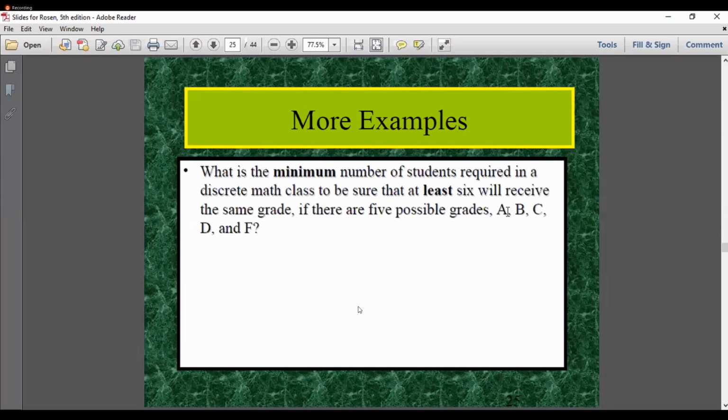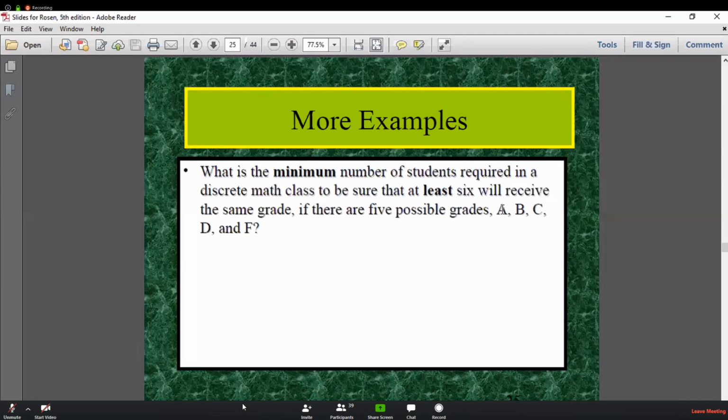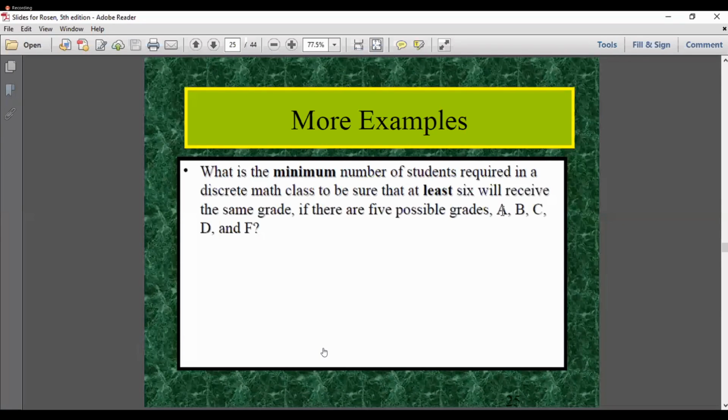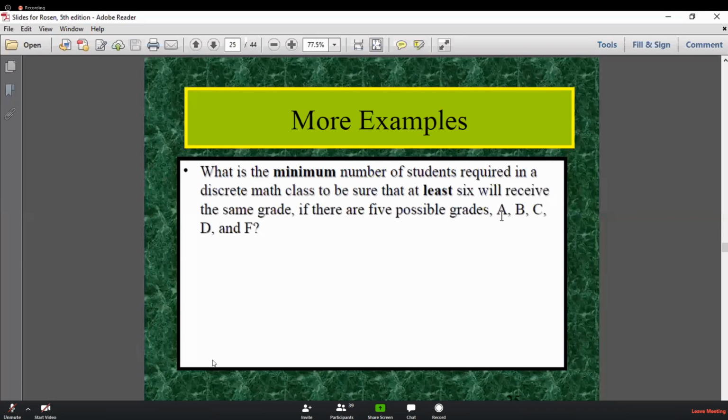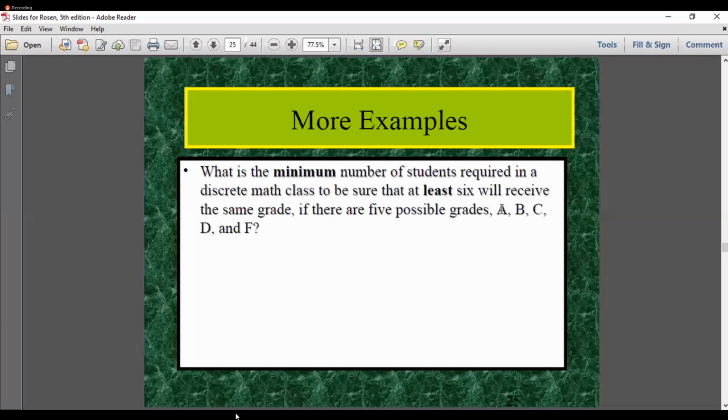So how many times do we go so that we can ensure 5 get the same grade? Clearly this is 5 into 5, that is 25 students. Make it clear, the point is the worst case scenario. What is the worst case scenario? All are having different grades. So in that case 25 students are there. Out of them, in the worst case, how many can obtain A? 5. How many can obtain B? 5. This way we are